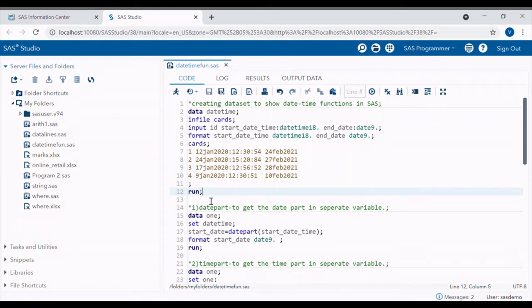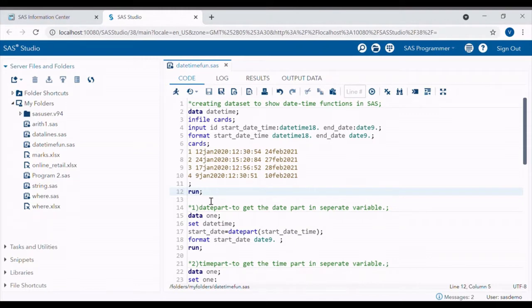In this video, I am going to tell about date and time functions in SAS. I have created two separate videos on arithmetic and string functions also. You can check them on my channel or from the above pop-up link. Let's get back to the date time functions.